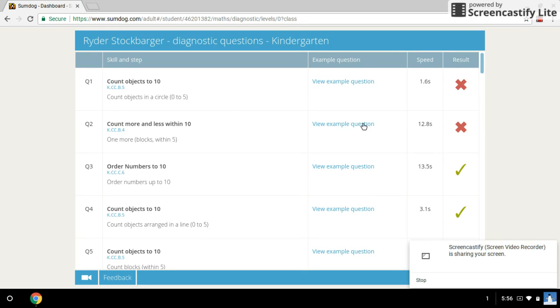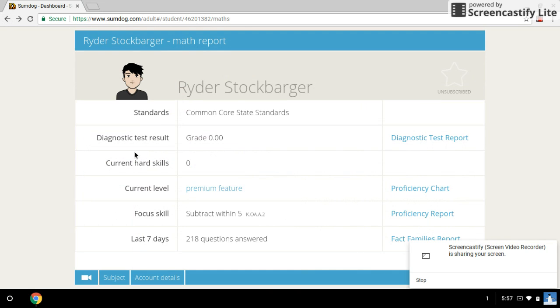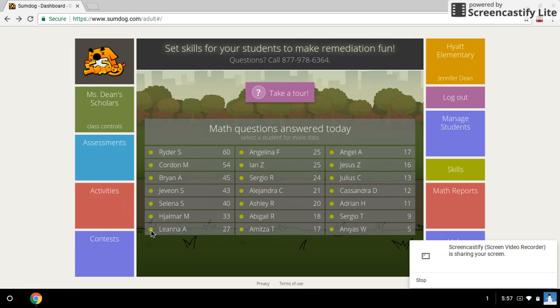This one, it said he only spent 1.6 seconds, so he might have been just rushing to try to beat the clock, but when he takes a little more time, he's getting them a little more correct. However, when I go back, I can look at other students and see exactly where they are. Again, this one was subtracting within 5 at a kindergarten level, but if I go to another student,